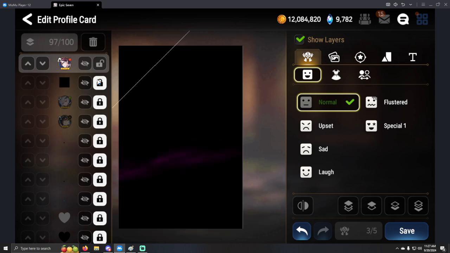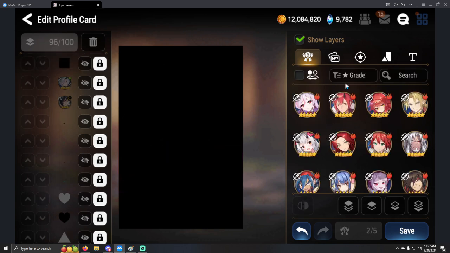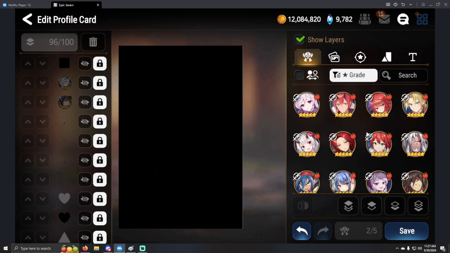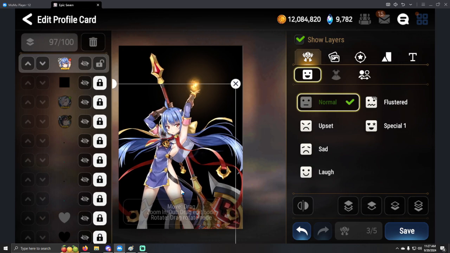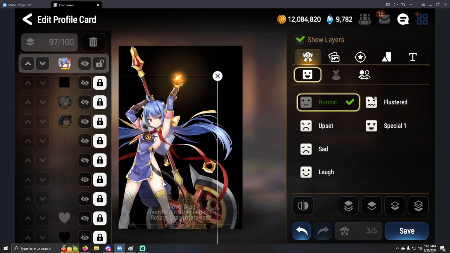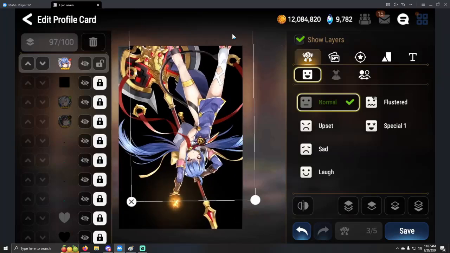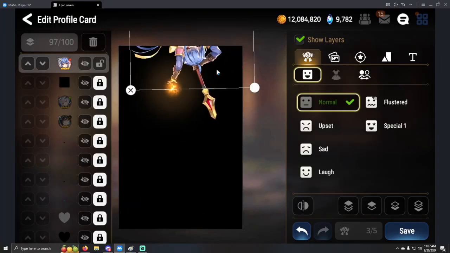So you could use this for a purple effect on the dynamic card, but you could also use it as a smoke effect on the static card. So it goes like two and two together. Another prime example of this would probably be, where is her? Ravi right here. So Ravi has kind of like a fireball right here, right? That you can use. Let's just flip her all the way around right here. So Ravi has a fireball,